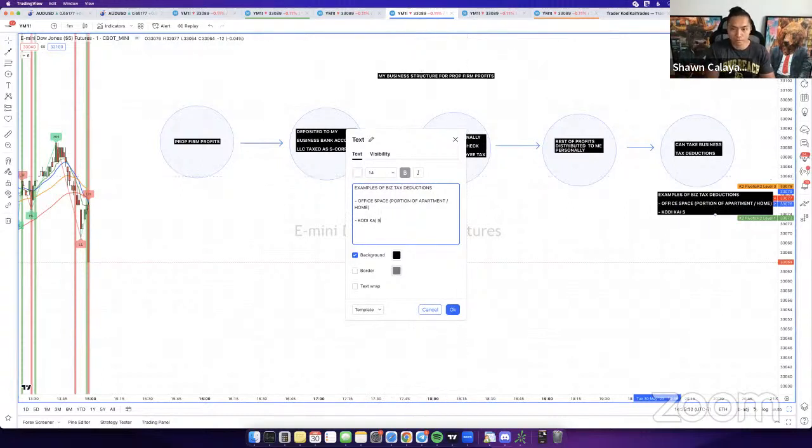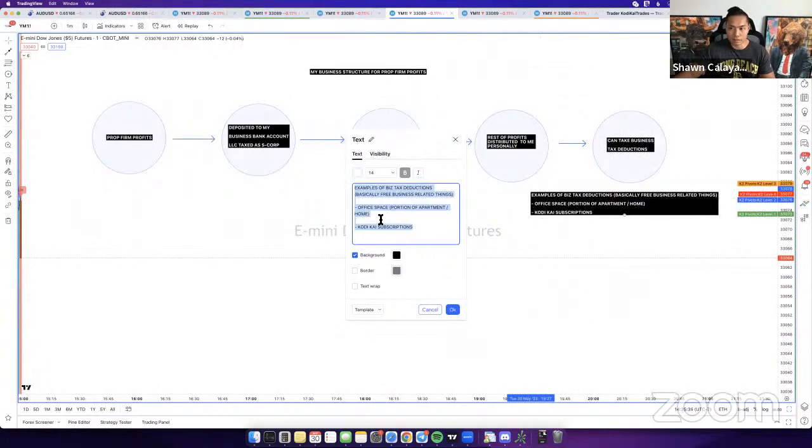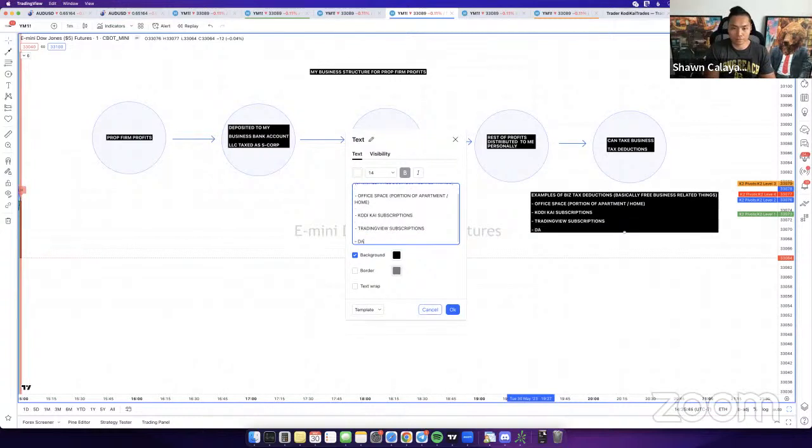You basically get free business related things, like home office space, a portion of office rent, Kodi subscriptions, TradingView subscriptions, data subscriptions. Here's a big thing: